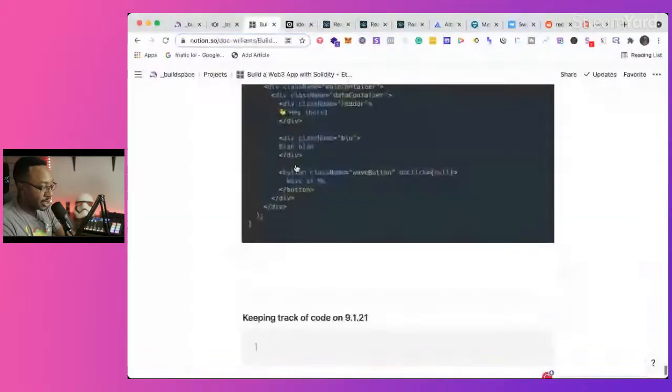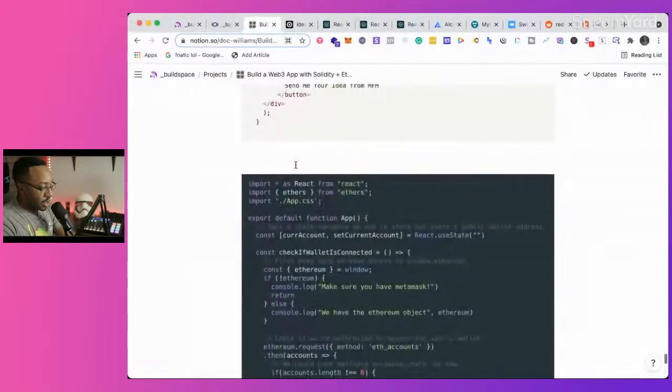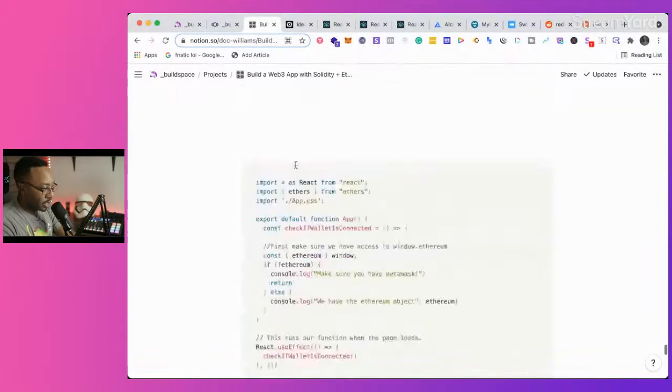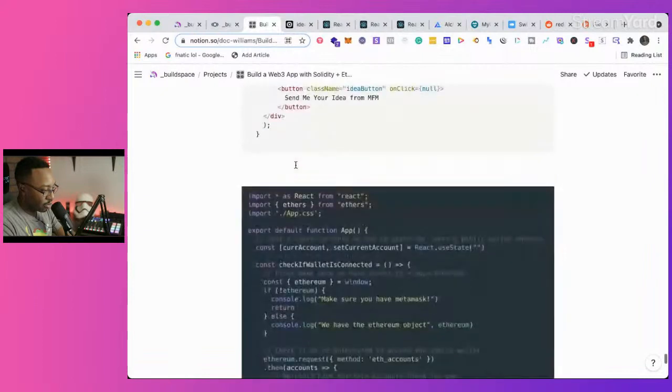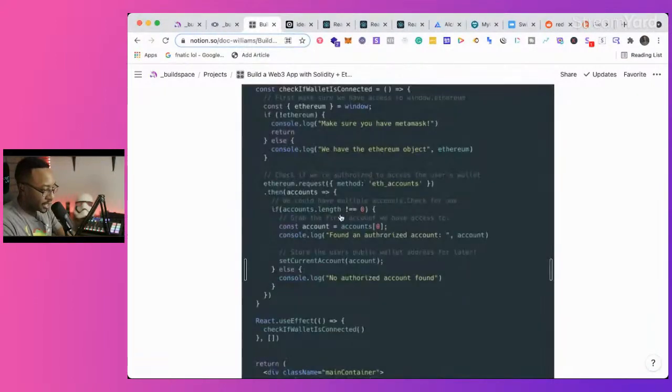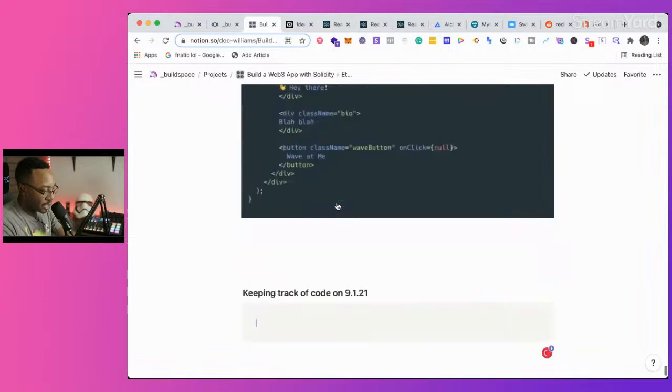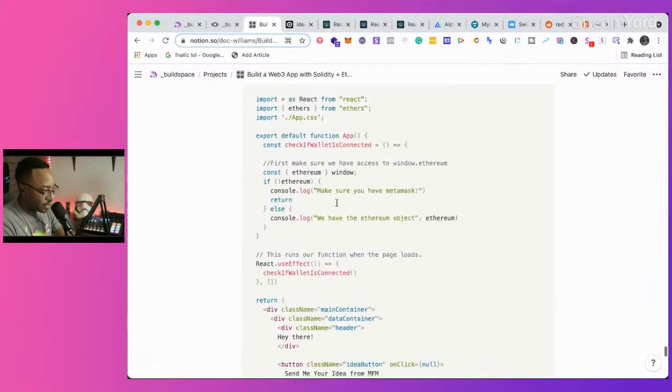So let's see here. I've got to add all of that. So I have a lot of that already done, but it looks like I add this section where it talks about account length, those things. I've got to add this section. I bet it's that section. So let's see. Ethereum,